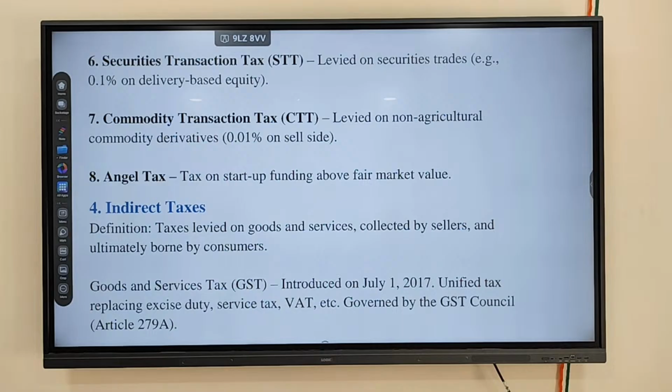For example, he's a businessman. No, that will not come under gift tax only. Why? Because Mukesh Ambani has gifted it to his own son. That is an exemption for him. If Mukesh Ambani gifts to me, then it comes under gift tax.